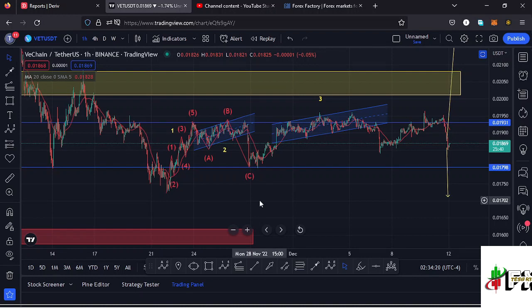And I think at the moment here on the VeChain chart, we are just about to invalidate this Elliott structure that I have right here, because VeChain is not showing any impulsive nature to the upside in the formation of that wave 3, and there are chances of making a new low this week. And that is my update for today.